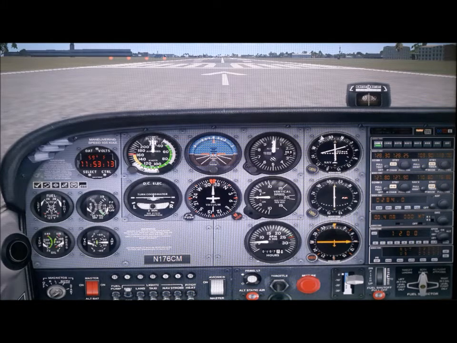Okay, now this is our main instrument for landing. The ILS we have seen has two guides. One is the center line, which is called the localizer. So if the needle is in the center, we are right on the runway center line. Now this is the glide slope, which you have seen in the vertical profile. So when we are on the correct glide slope during landing, this needle will align with this horizontal line.